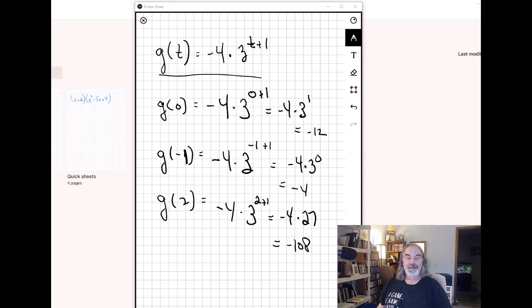If I wanted a graph of this function, I would still expect the ski slope swoop kind of shape facing one way or the other. The only difference now is that this negative is going to flip it underneath the axis. And we can see that